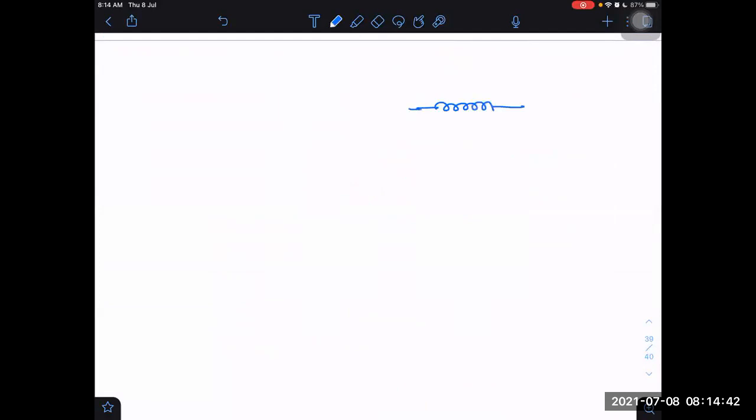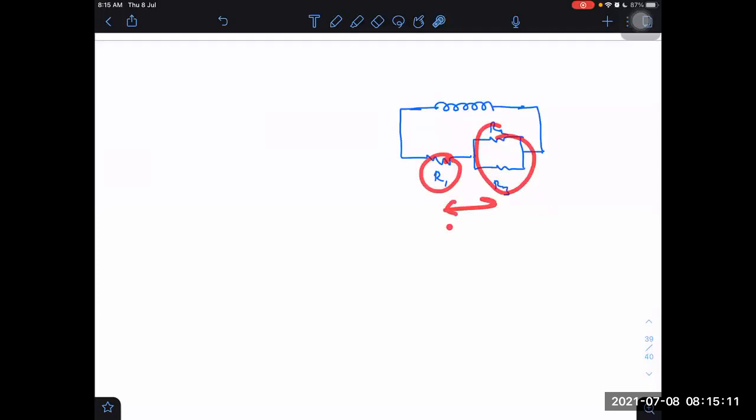Let me think. Will it be an indefinite ratio now, or no? It will be different, complicated. R1, R2. Let me think in what ratio it will be. I think these two can be taken as a single resistance, and that is in series with this. So in between these two, it will be shared in a definite ratio, right? The ratio will be R1 is to R2, R3 upon R2 plus R3. That is the ratio of heat distribution.